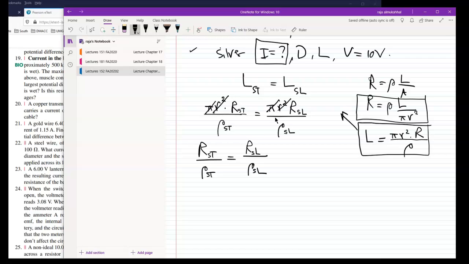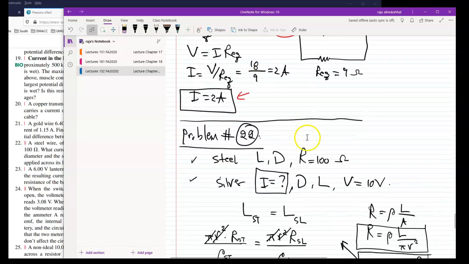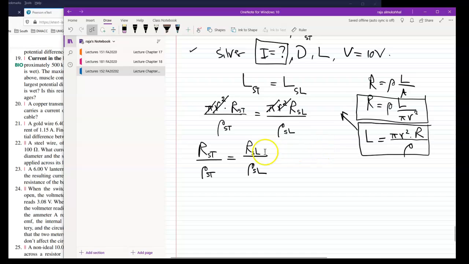What else is given to me? Well, he gives me the resistance right here of the steel. So this R really is just R_ST here. So I can plug it back in there, this R_ST right here, guys. So I can substitute 100 for it over resistivity ST equals R_SL over resistivity SL. Got it so far? Remember, rho SL and rho ST I can look up in the table for